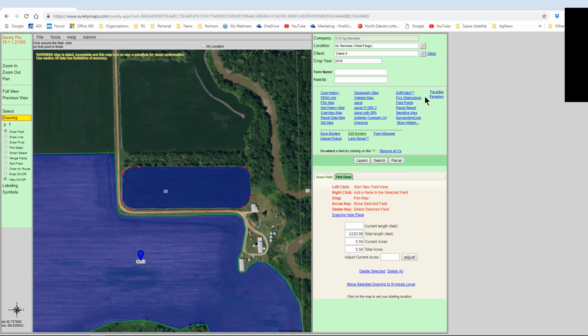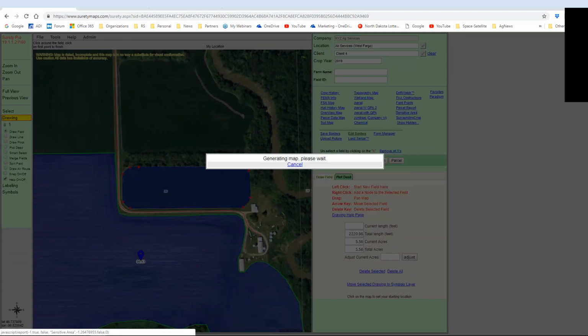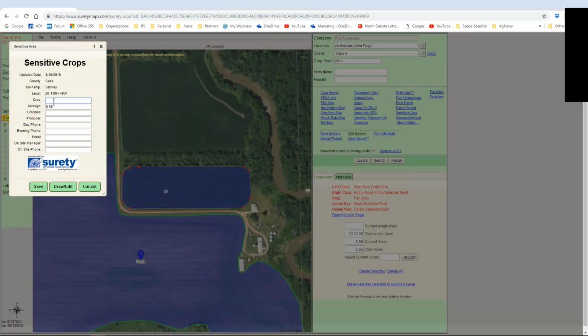Now if you click sensitive area, you can enter information, and we'll just call it whatever you want to call it. We'll just call it sensitive crop. I hope I spelled it right. And then you can enter some other information. You save,